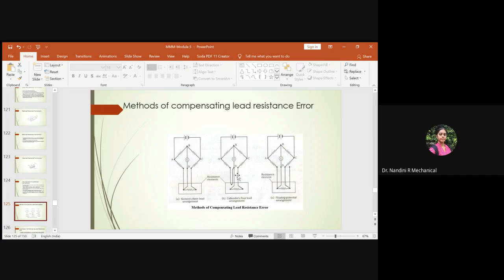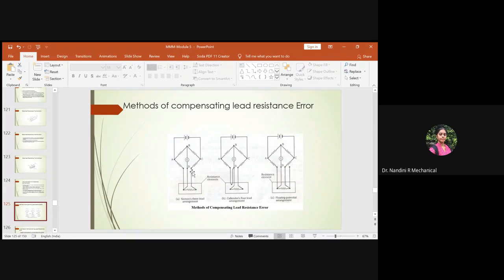And here you can see you have two uniform lengths, and the third one is just a lead wire connected. So these are different methods, and this is a third method where you have an extra lead wire. So you have three lead wires. One is connected to the last resistance, R4. Suppose this is R1, R2, R3 and R4. That is connected to the thermometer resistance element. So here the resistance element is connected with the help of three lead wires, one being the extra. This is how different methods come. This method is called the Siemens three lead arrangement.